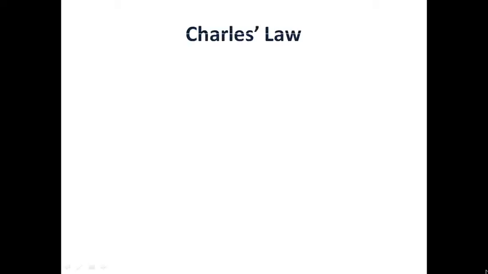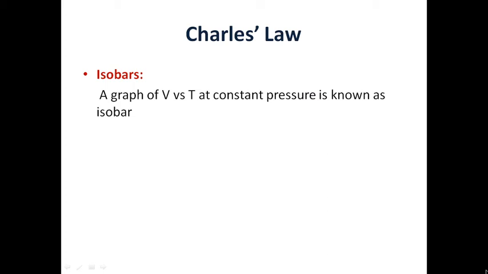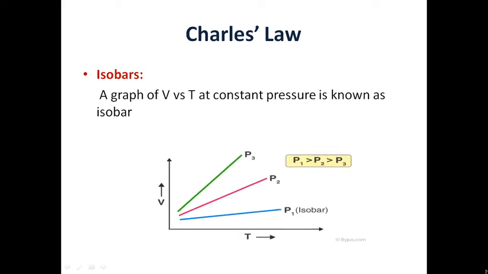Now what are isobars? Similar to isotherms, we have an isobars graph here. Iso means again constant and bar represents pressure here. So this is the graph of volume versus temperature at constant pressure. See, the graph is between volume and temperature on the y-axis and x-axis. At different pressures we have straight lines which represent the directly proportional relation of volume and temperature.